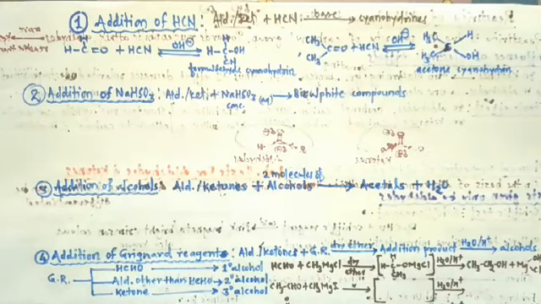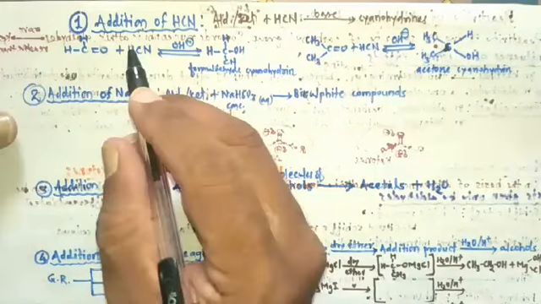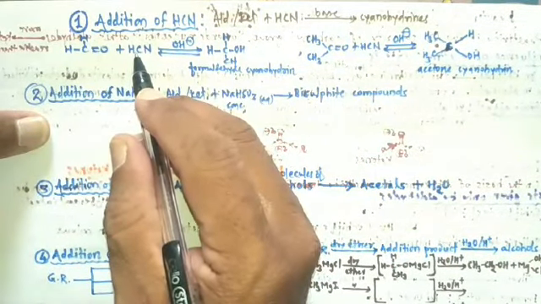In the last video, we studied the reactivity of aldehydes and ketones. In that, we studied how electronic effect and steric effect affect the reactivity of both aldehydes and ketones. Then we studied laboratory tests for aldehydes and ketones. Today we are going to study chemical reactions of aldehydes and ketones with nucleophiles.